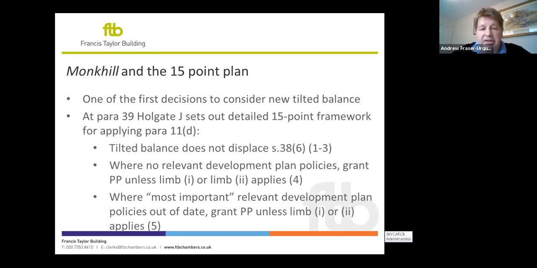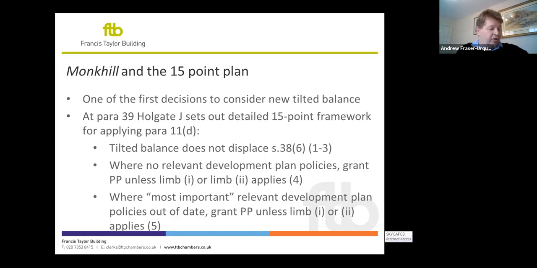Now, on the facts of the case and on the principles of that particular argument, that was rejected out of hand. The judge simply said, well, that would neuter the protection that's given to AONBs, and the fact that it says great weight should be given to protecting AONBs is such as to enable it, of course, to provide a clear freestanding reason. That's not really a surprising conclusion, I wouldn't suggest. But what's more important about this